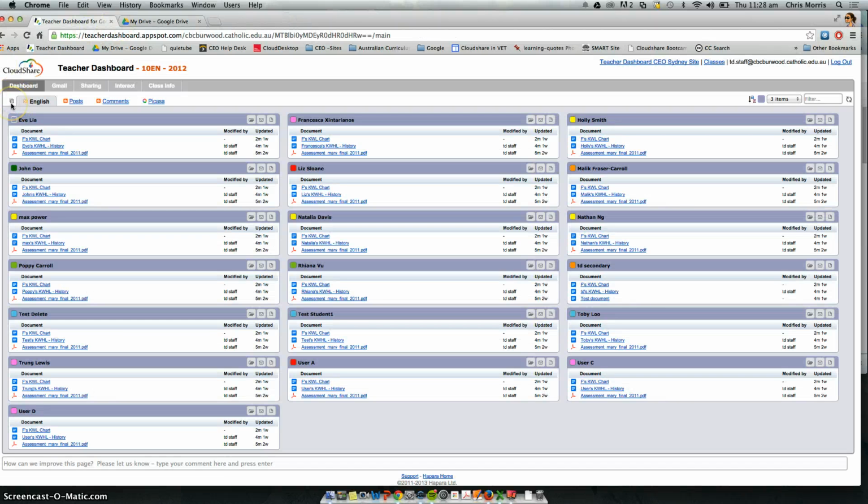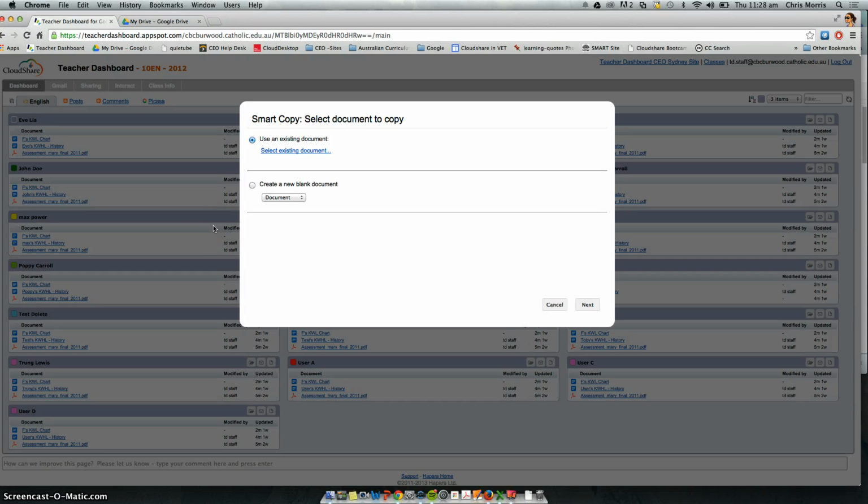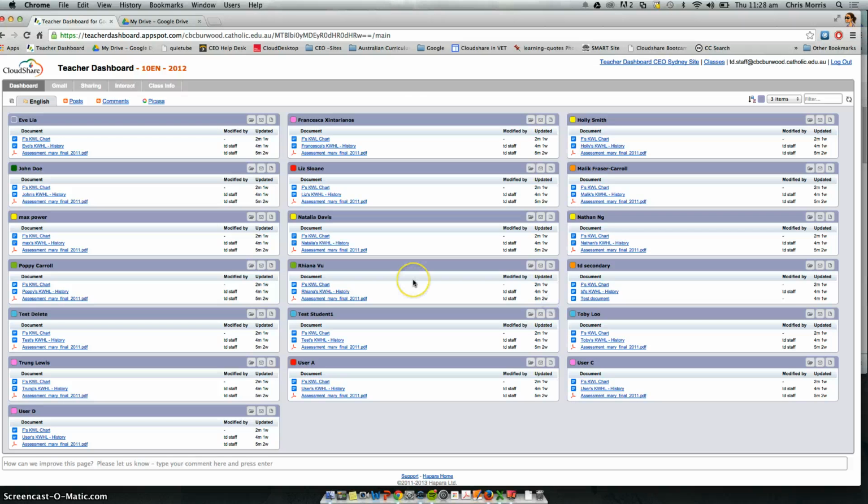Up in the top left-hand corner is a little inconspicuous icon called Smart Copy. All right? So if I click on Smart Copy, what it allows me to do is select a document and then shoot it out to those kids. All right? Now, just before I do that, apologies for backtracking a bit, what I want to do is